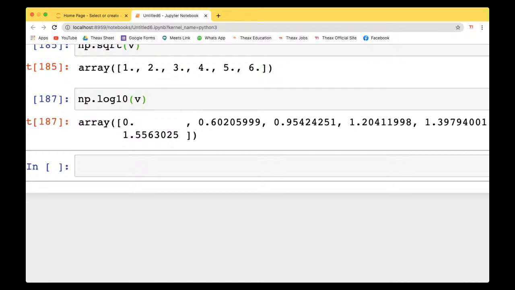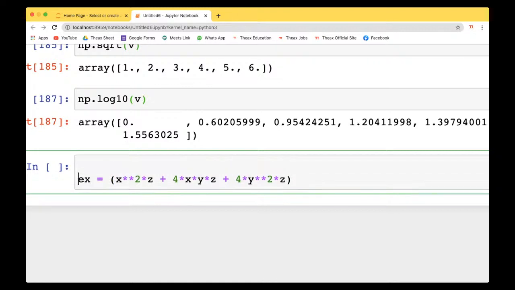Now let's just say, guys, you have one expression, and that is x squared z plus 4xyz and also 4y squared z. Okay, so this is the expression, and before that, what we'll do is